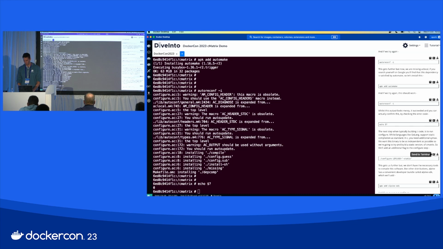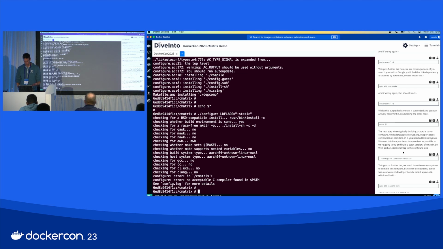So we're going to pass in a specific compiler flag to have this as static, so that ideally we can get this cmatrix to a single binary with as minimal external dependencies as possible. So if we do the configure step,